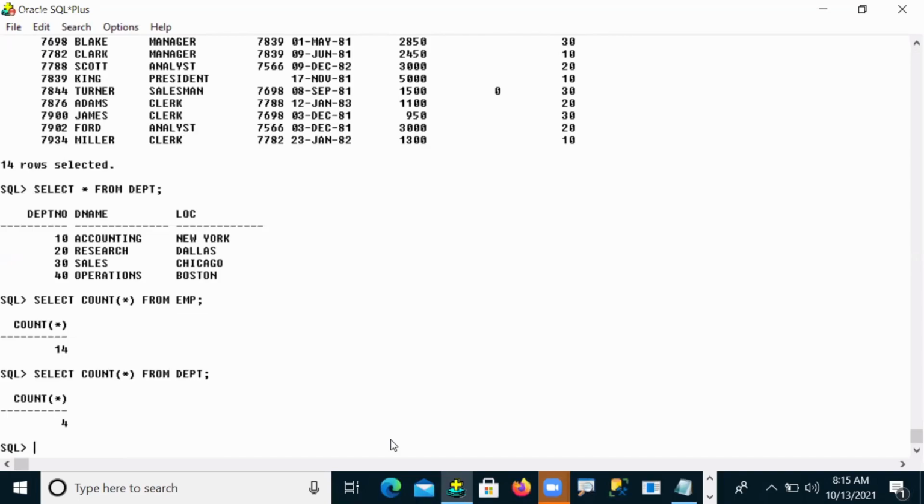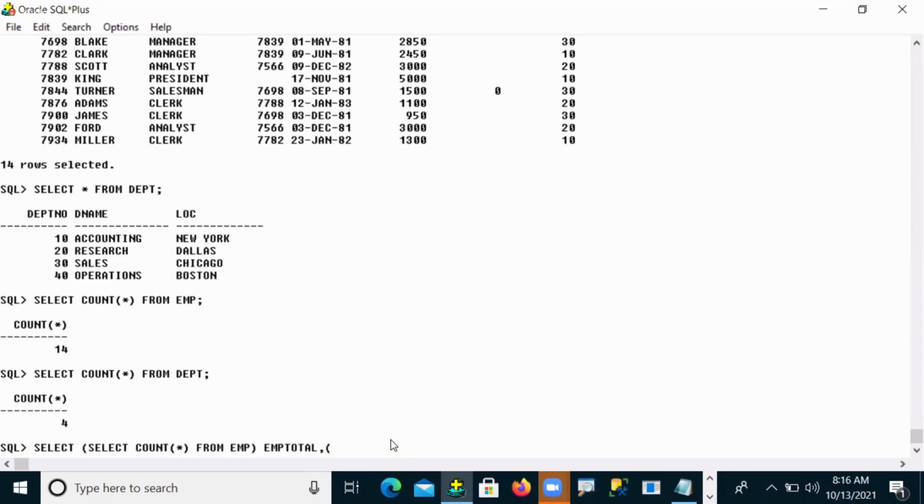So what I'm doing here is, select, and now I'm writing my first subquery in place of a column position: select count of star from EMP, with an alias name, employee total, comma.